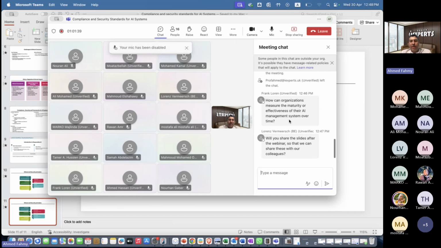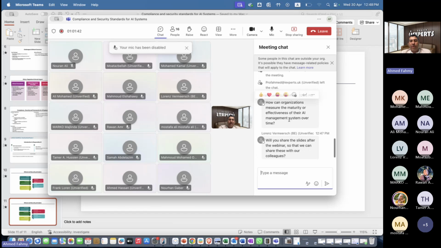Sorry for that. Okay, the first question is, how can organizations measure the maturity or effectiveness of their AI management system over time? Yeah, that's a good question. Thank you for that. As you may have seen in some screens, there are so many KPIs related to AI. Some of them are an accuracy KPI. There is another KPI related to what we call recall or retention or precision or F1. And most likely, there are so many different KPIs that you can use in order to measure the maturity of